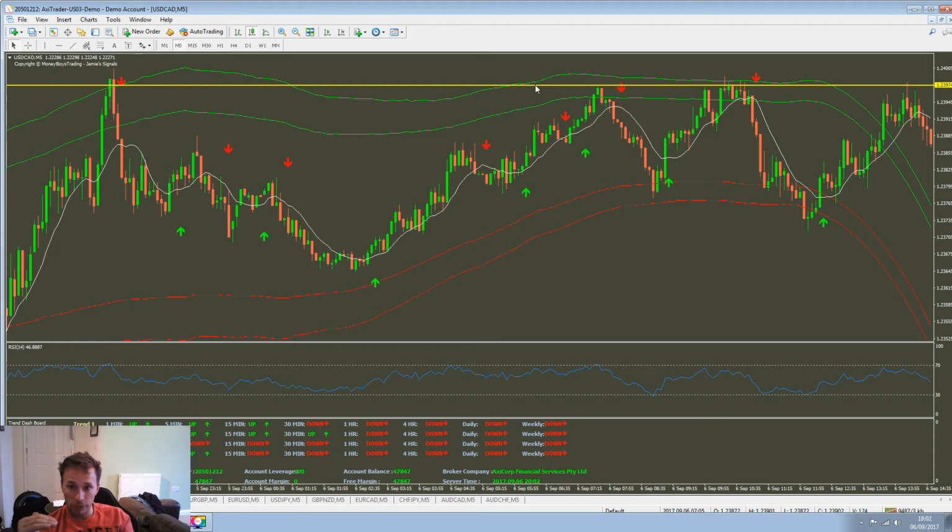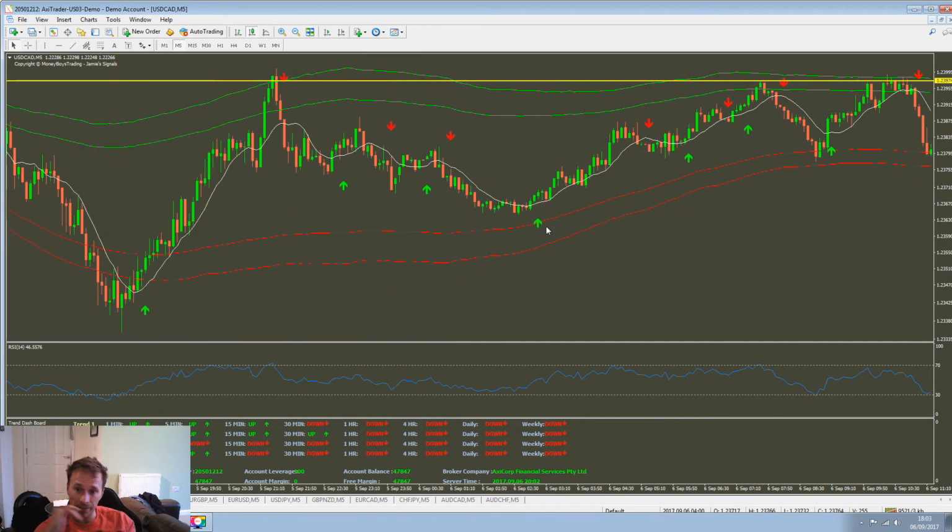Came back up, retouched that support line or resistance line. Okay, back into the sell zone, signals appeared, won. Back up again, back into the sell zone again, retouched that support line, signal appears, drops, win. Okay, if you can see that,